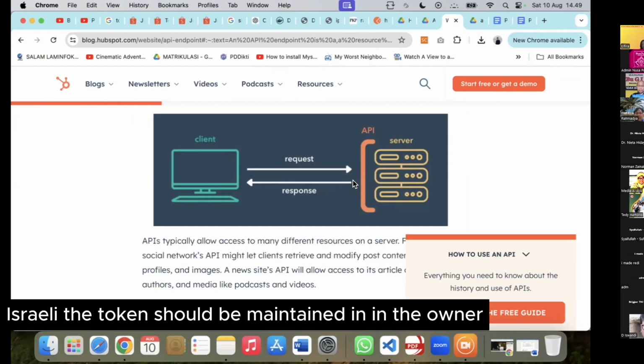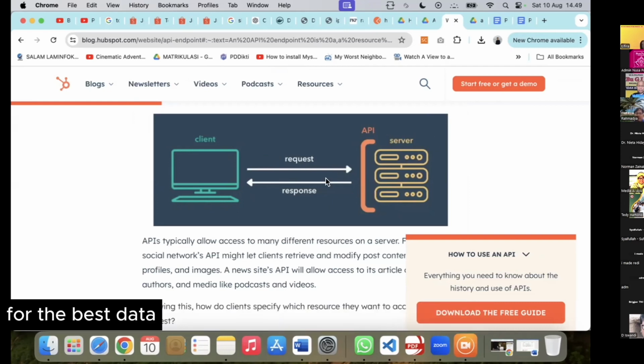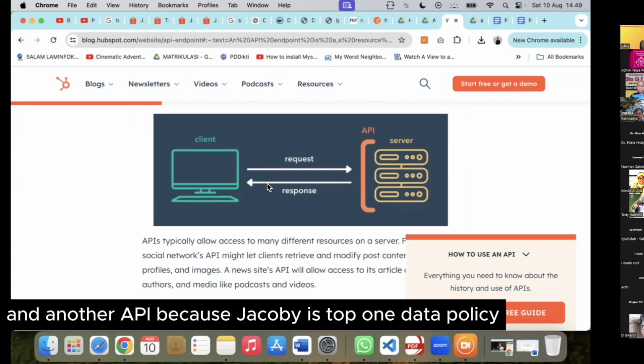Usually, the token should be maintained by the owner, for example Dukcapil for the base KTP data, and for example the land use land cover data in BIG, and other APIs, because Jokowi started the one data policy.